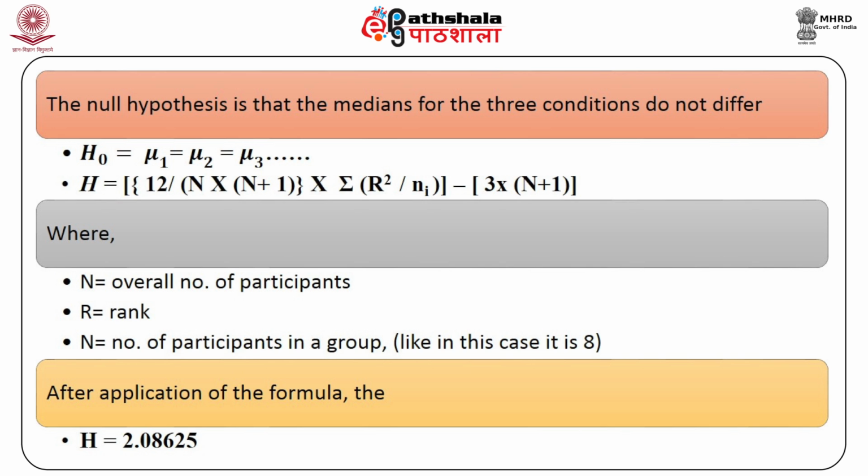After the application of the formula and substituting the values of the given numerical example in the equation that is to be used for calculation of H, the Kruskal Wallis statistic, it was found that the value of the Kruskal Wallis statistic H is equal to